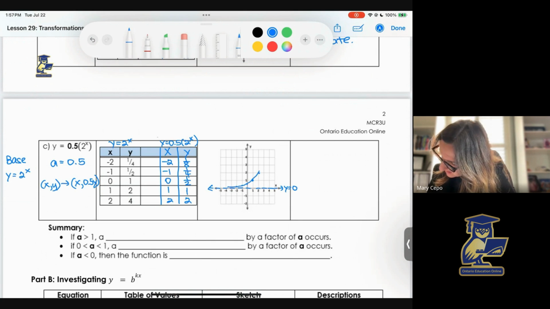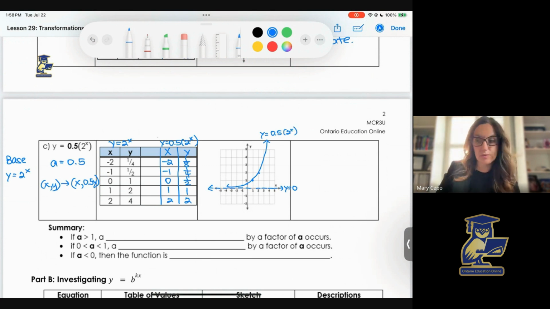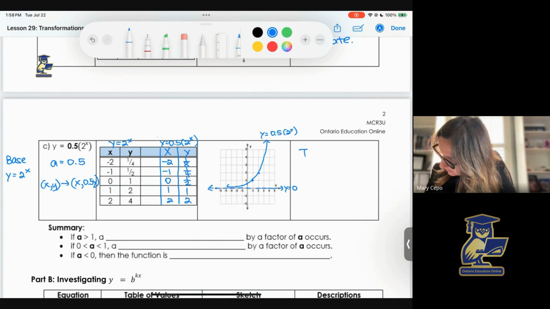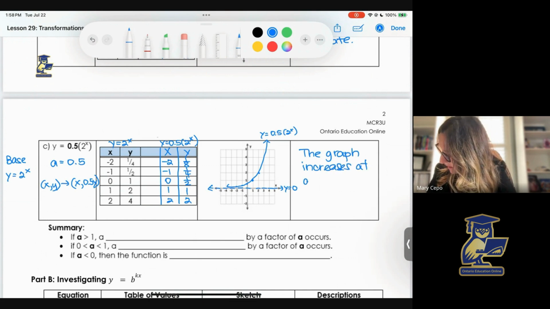Again, y is equal to 0. Don't forget to label your axes and the equation. So in this case, the graph is increasing at a slower